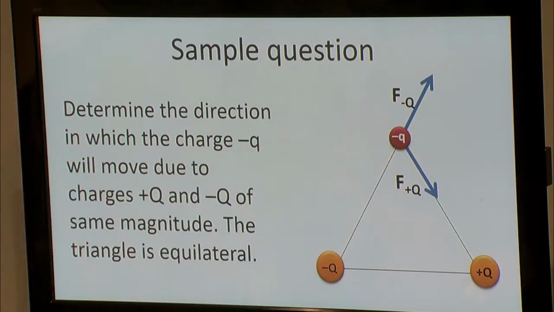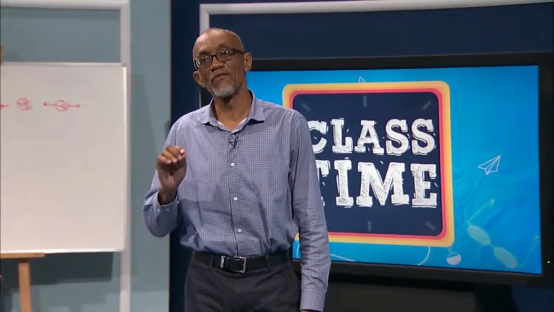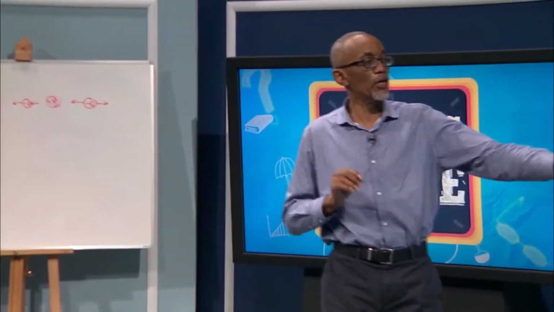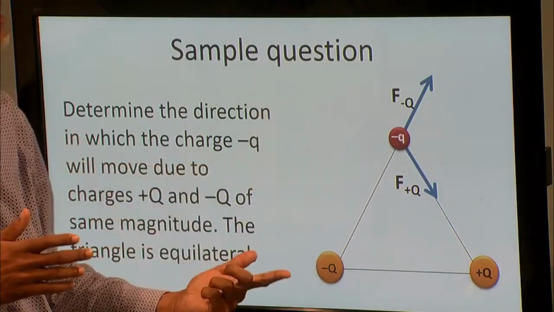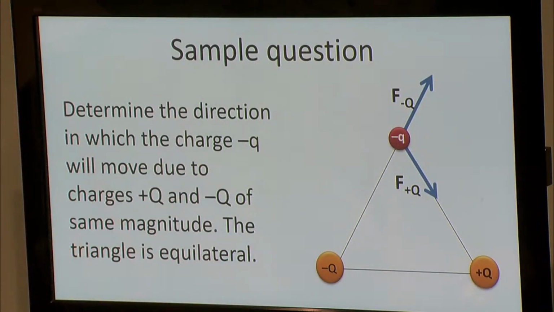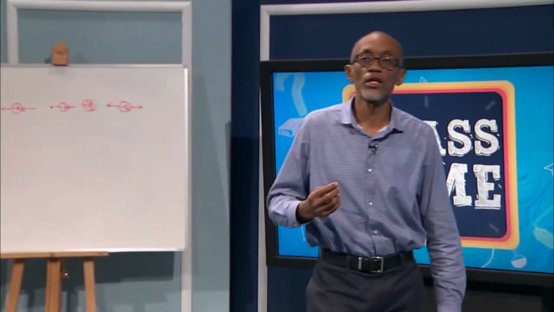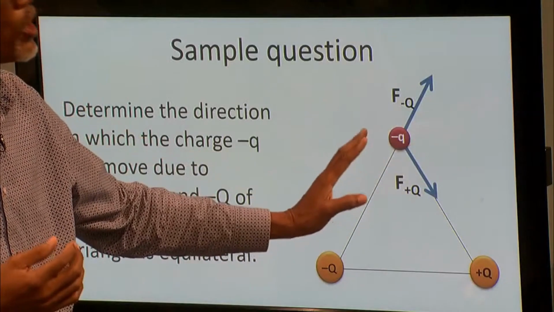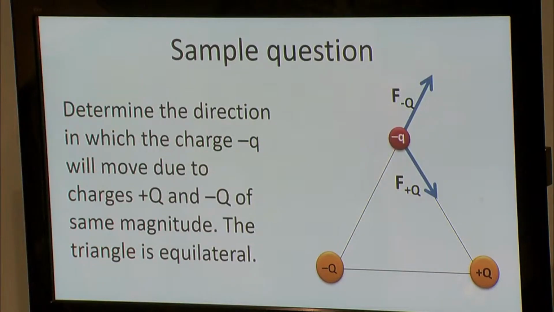You remember before I told you that when you're going to add the forces, you must add them as vector sums. In this particular case, you just can't add these two forces and say this plus this, because you have to take the directions into consideration. Cast your mind back to when you did mechanics and vectors, about using the parallelogram of forces. You would complete a parallelogram, and the line joining the resultant vector would be the